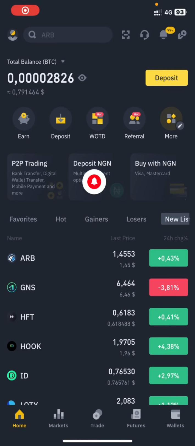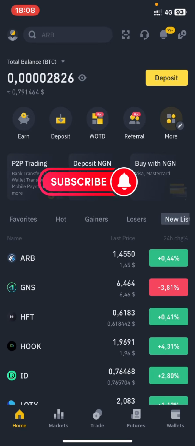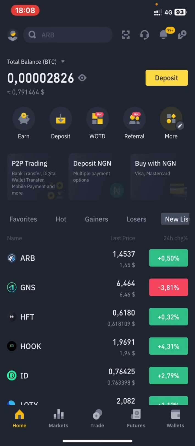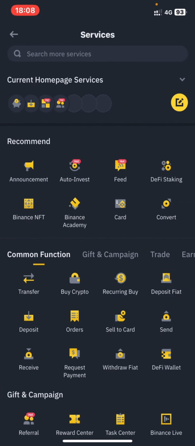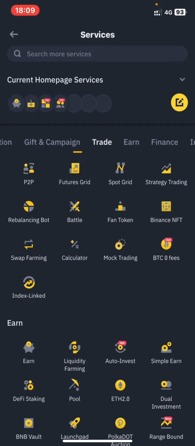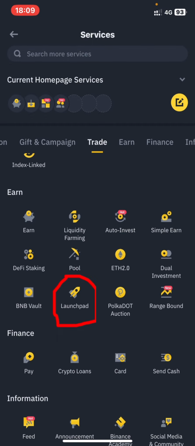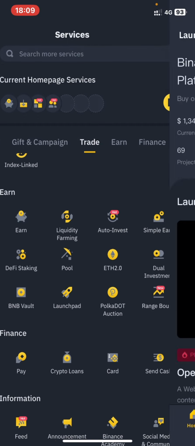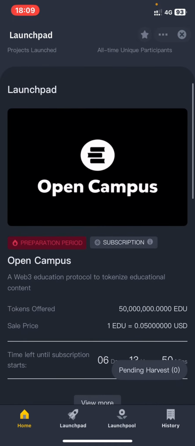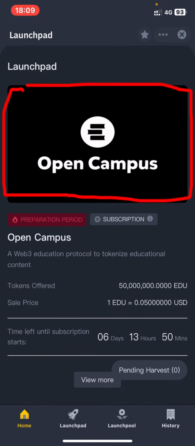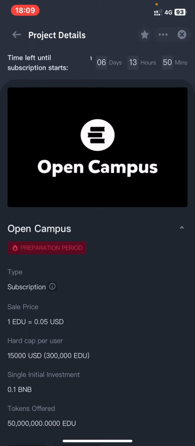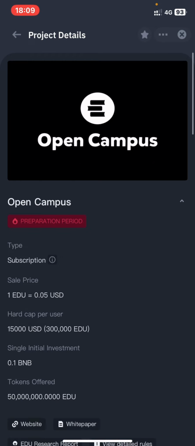In this video, I'm going to show you how to buy OpenCamp token on Binance. You have to come over here, press more, and navigate to the section over here. Press Launchpad. Here is the token. You have to press this button over here, and it will bring you to this section,